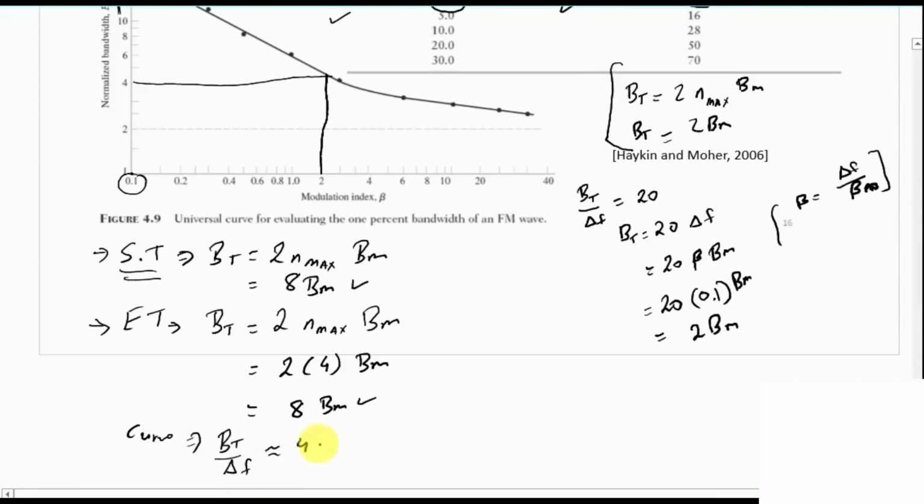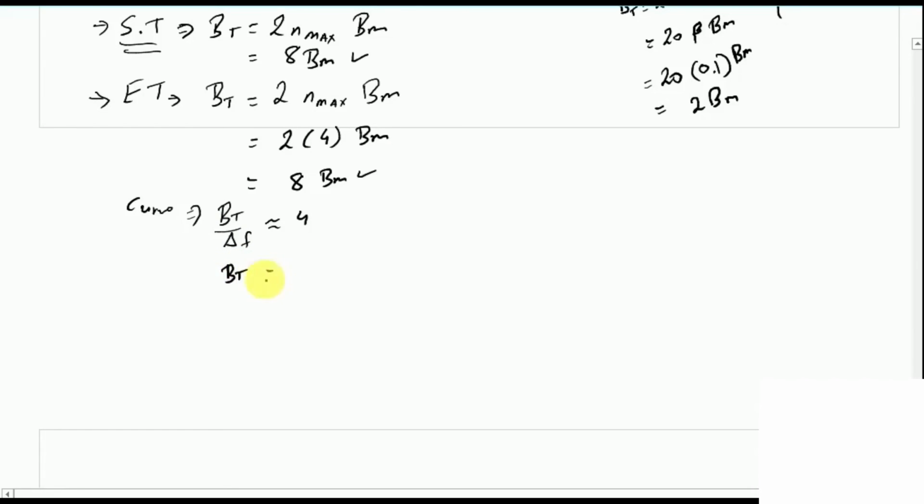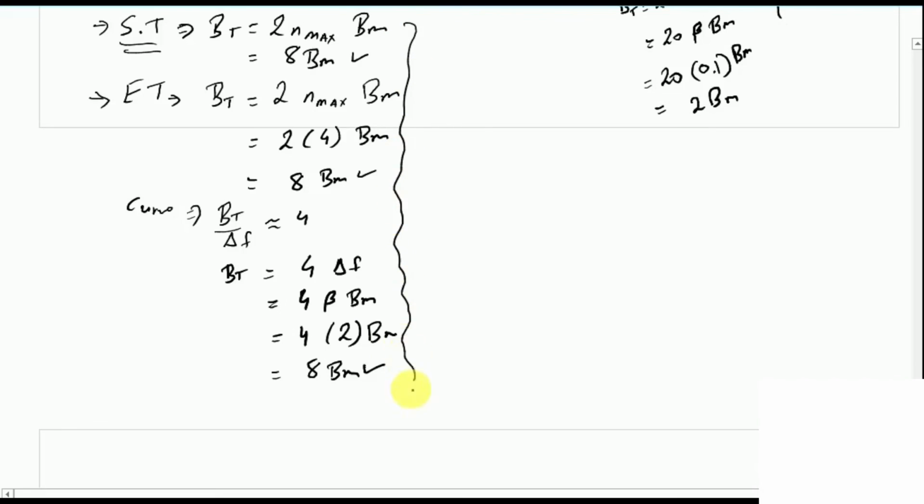And that means bt is equal to 4 delta f, or 4 times beta times bandwidth of the message signal, and the modulation index we have selected as 2, so this will be simply 8 bm. So in agreement, all of the three, the two tables and the universal curve are in